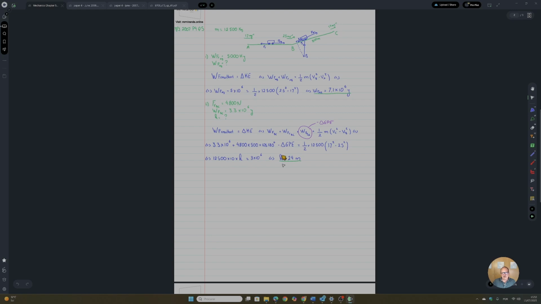Again, in terms of the signs, you know that the GPE is going to be increased as it goes up, and because of that, energy is being taken out, hence the minus over there. If you think of this in terms of, I didn't write it down, but you could have thought of this in terms of the work done by the weight, okay? In which case it will be the weight mg times the displacement, which is 500, times the angle between the